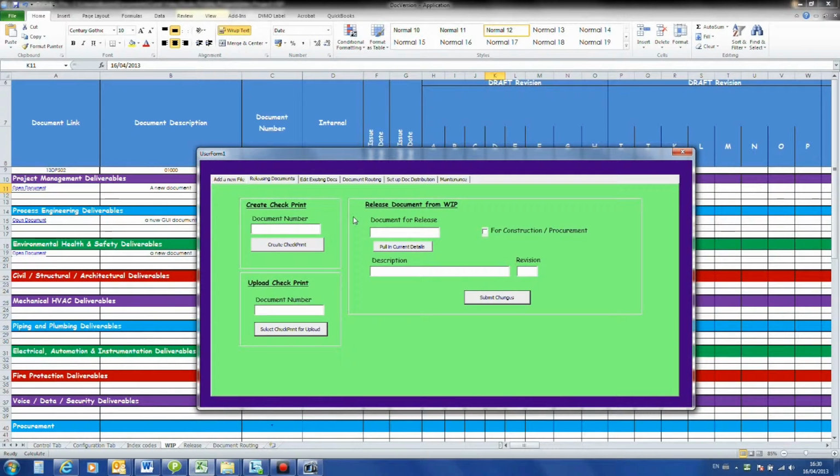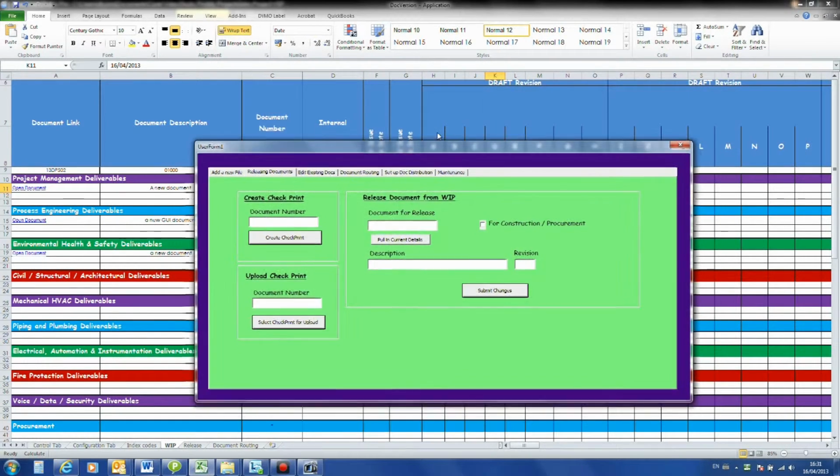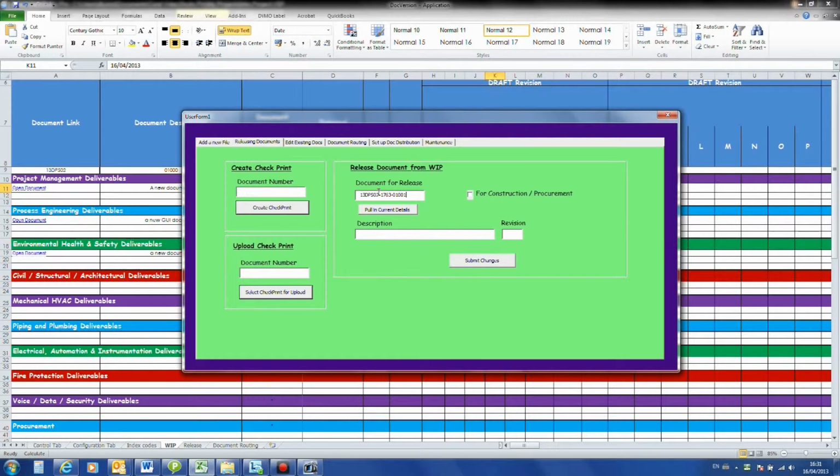The other method of releasing a document is to use electronic checking. This process is covered fully in tutorial 8, but this creates a checkprint from the current Whip version of the document. This time, when we create the checkprint, and again we release the document,